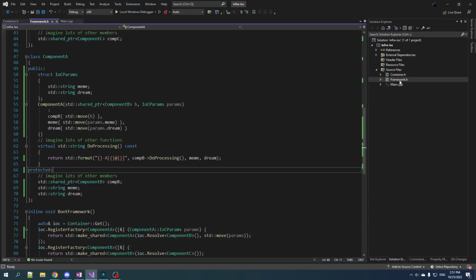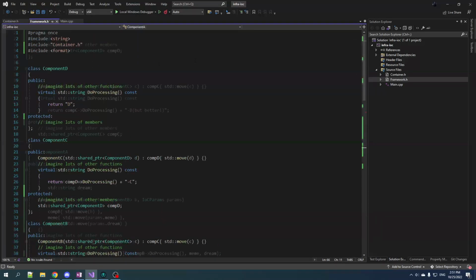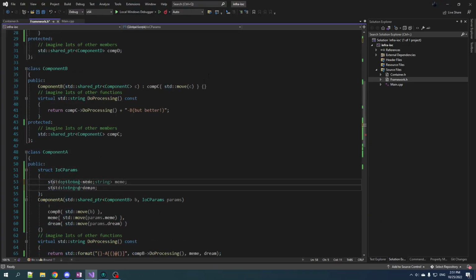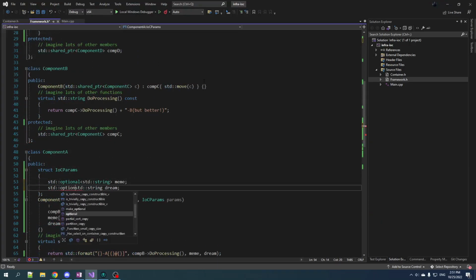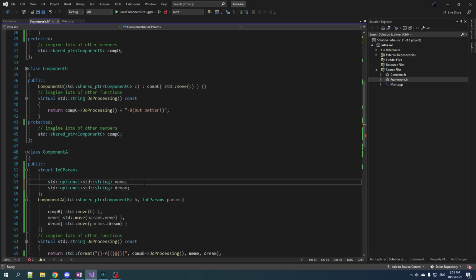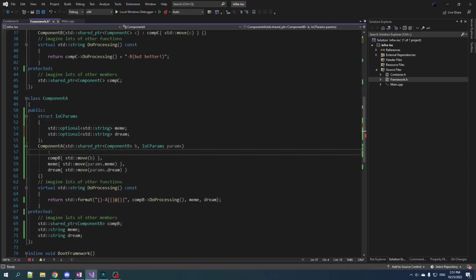So let's define our IoC params. Let's make them optional. So std::optional of meme and std::optional of std::string dream. Now what we're gonna do